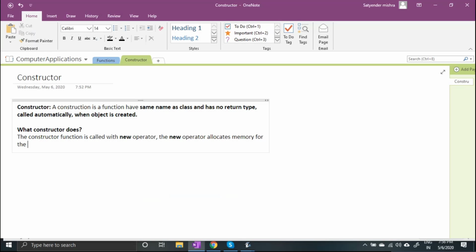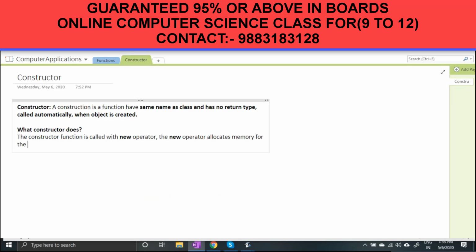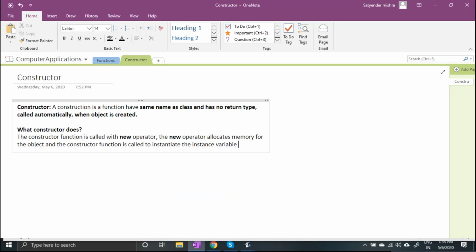So the job of the new operator is to allocate memory for the object. The constructor function initializes the variables present in the object.